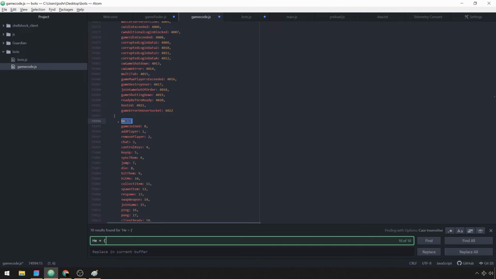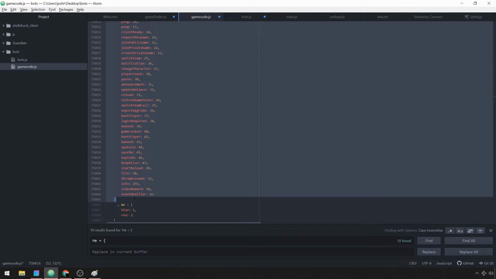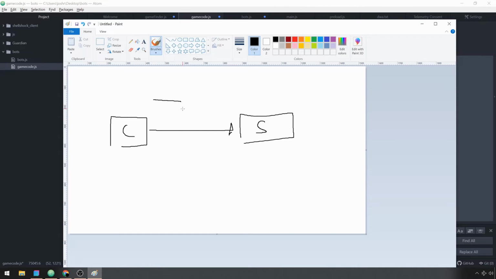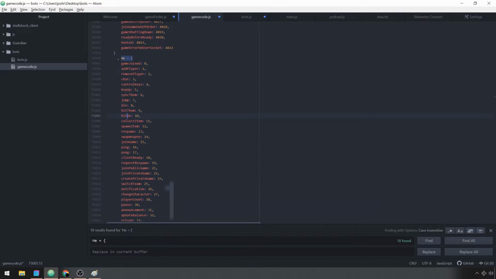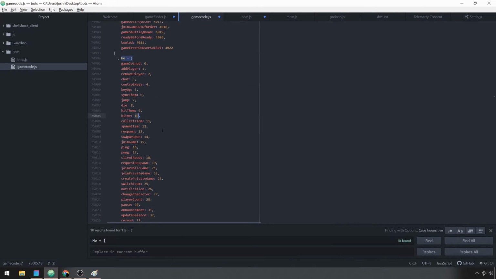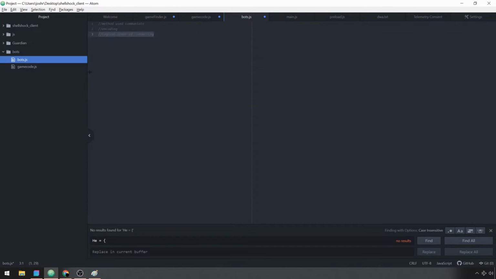There we go. And as you can see, it contains all the events that the socket can send, and what the socket will be doing is sending a packet with an ID. So say, for example, you want to send that you've hit someone, it will send number 10 to the server, and that will tell it that you're sending a hit-them packet. So we're definitely going to want this. So we just copy and paste this into our program,